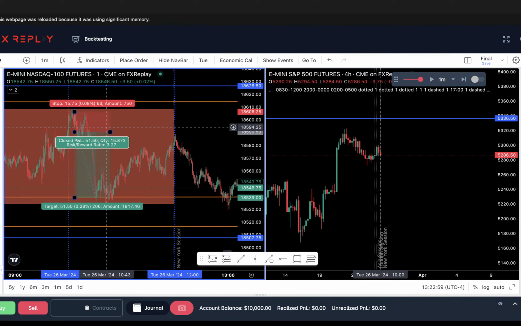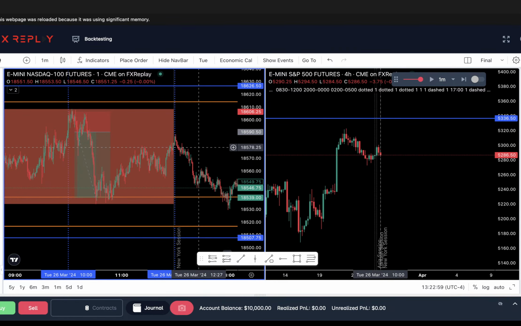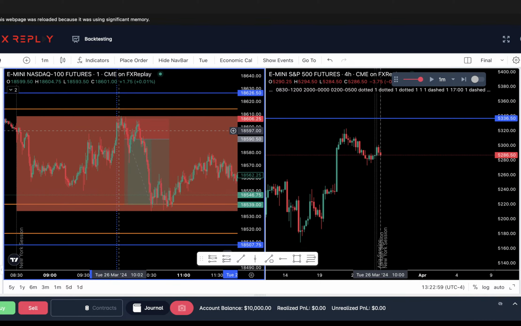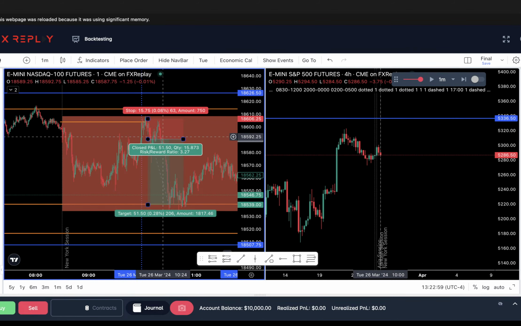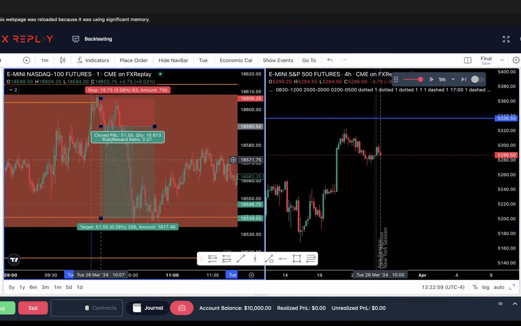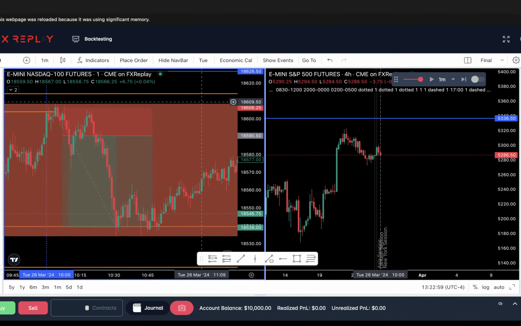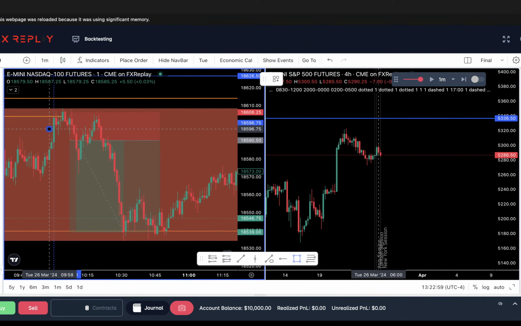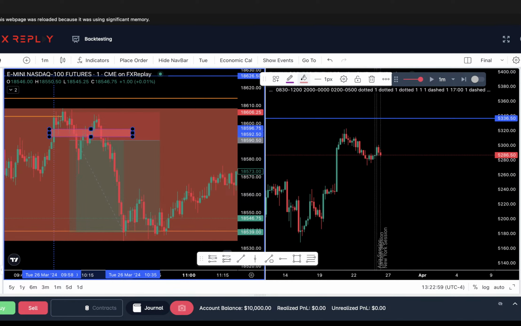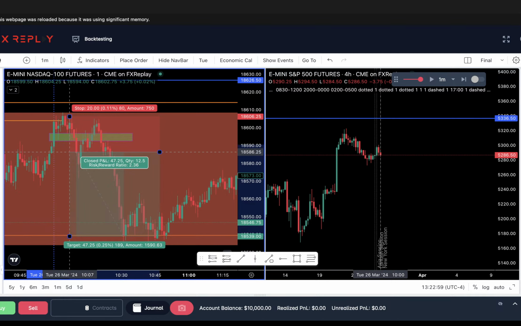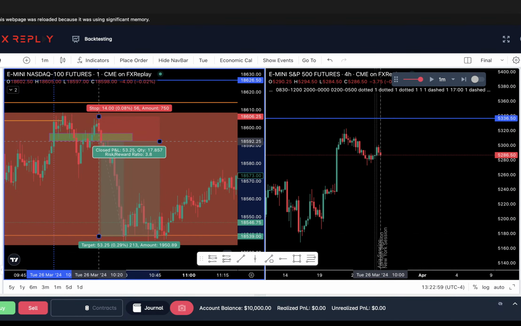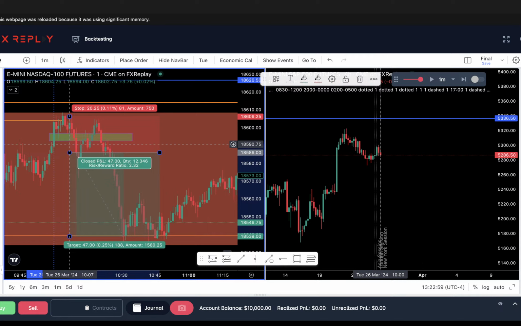This one did not sweep any liquidity at all, not even this one, so it just traded sideways the rest. But I guess this was your 10 a.m. reversal. It did sweep this one technically for a trade. The market structure shift didn't come until way down here, so you would have to do an inverted fair value gap entry off of this gap here. Once we got a candle close below that gap, you're getting in. You probably would have gotten in, honestly, down here, unless you waited for the second one here. You would have got a better entry, but most of us would have gotten on the first one for a 1 to 2. Not a bad risk reward, but not as good.